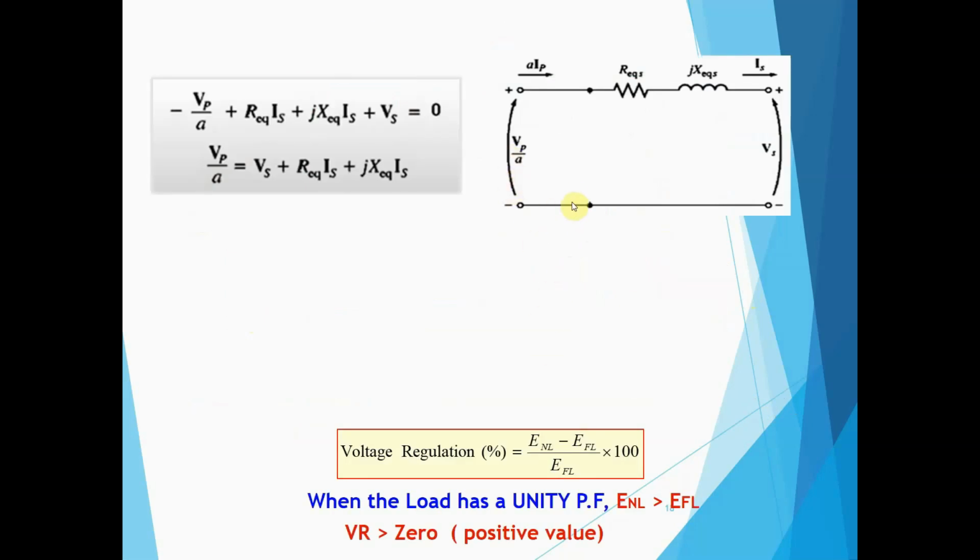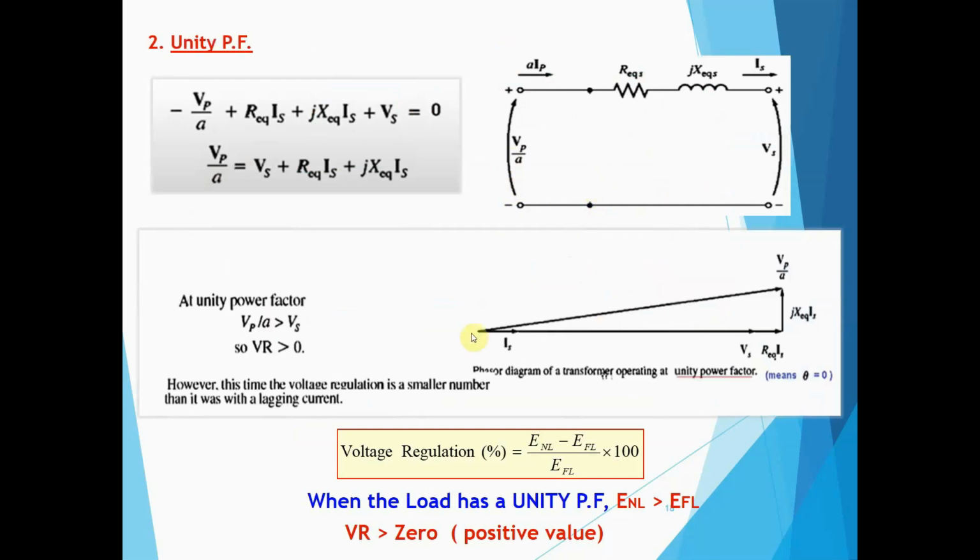Now, what about when it is unity? When it is unity, what will happen to the phasor? We can just analyze. This is our VS up to here. And if the load is unity, so that means R_eq, what is the current? If it is unity, here, right? So this will be the voltage R_eq IS, and this will be the jX_eq IS. So adding this together, we will have now,